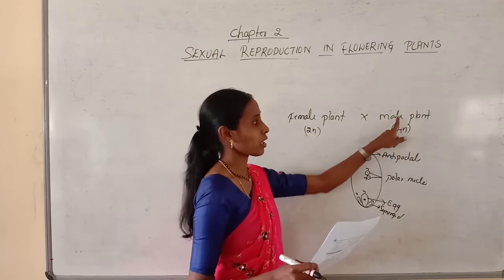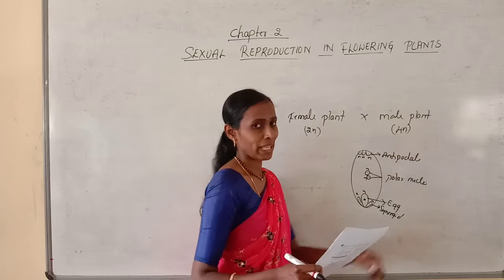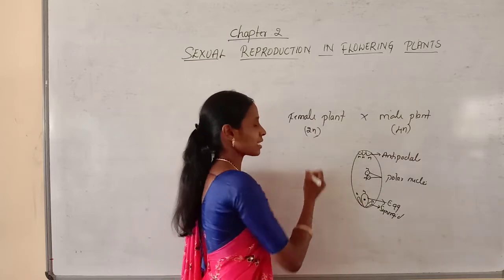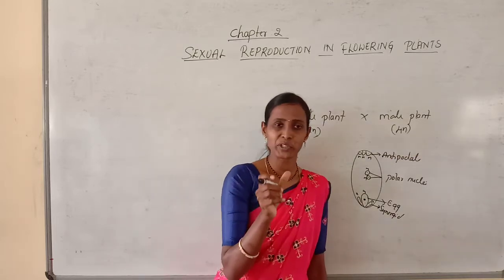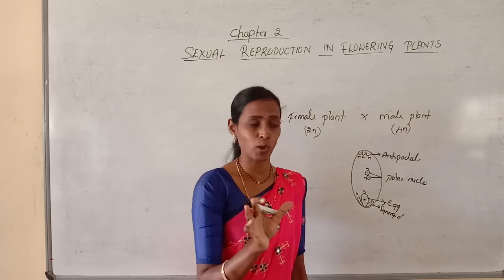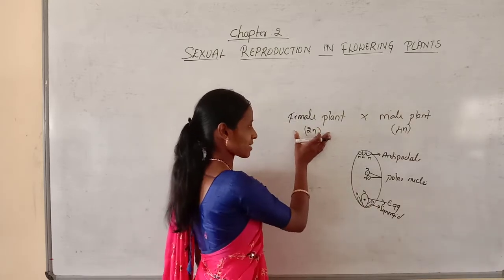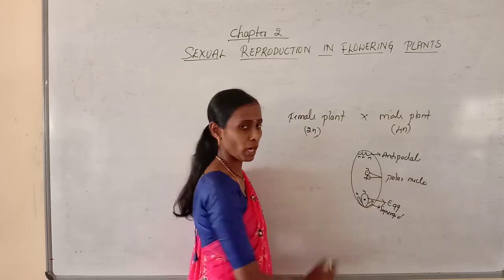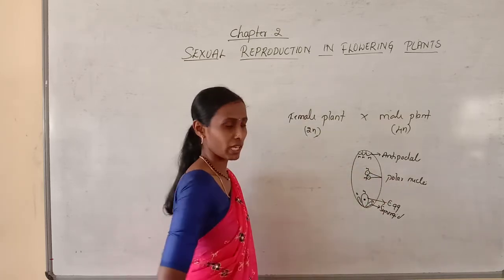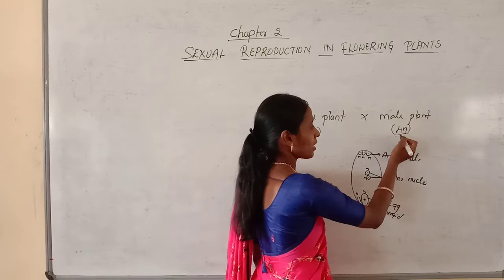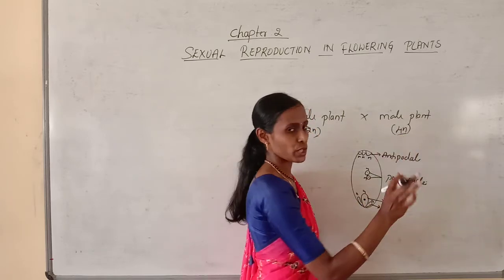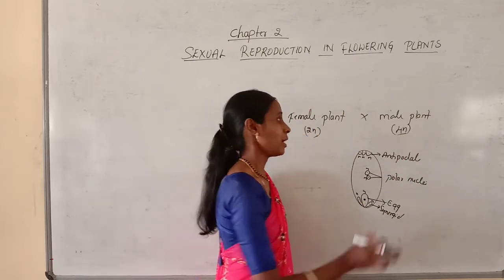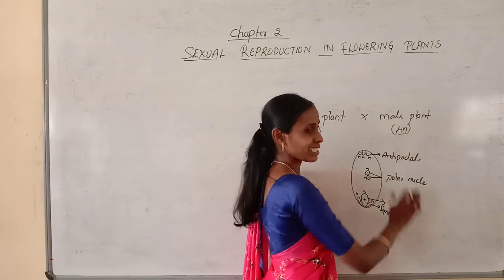So the question is, a diploid female plant is crossed with a tetraploid male plant. Usually the gynoecium or androecium in case of flowering plants will be diploid. So here it is a normal case, or diploid case. So here we can find the polar nuclei, haploid, no doubt in that. But normally a male plant is usually 2n, that is diploid in nature. But here they have given 4n, that is a tetraploid.